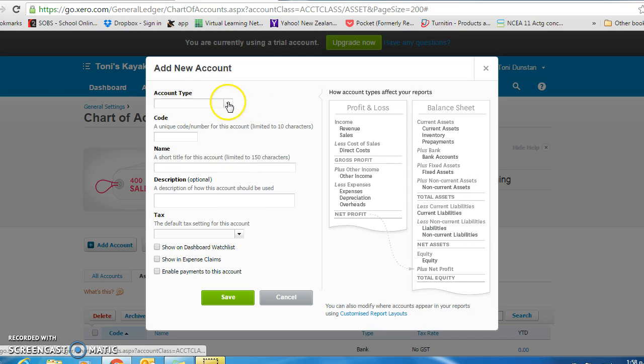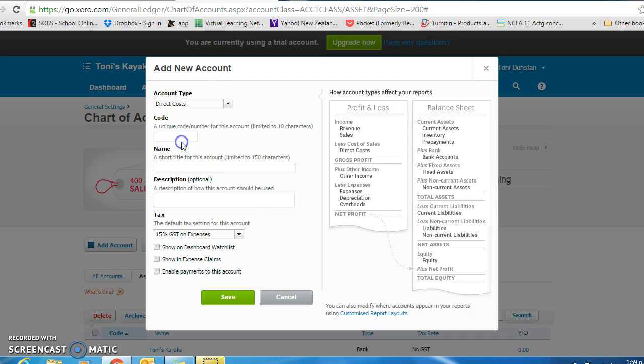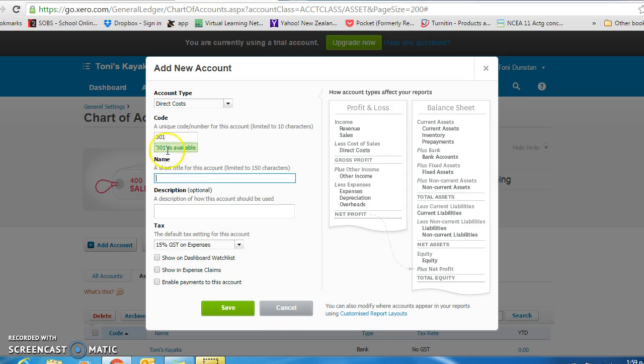So the account type, it's a direct cost. The code, so you need to be familiar with your chart of accounts, and it's a 300 number. The name, I'm calling it COA, cost of goods sold, not bothering with a description. And